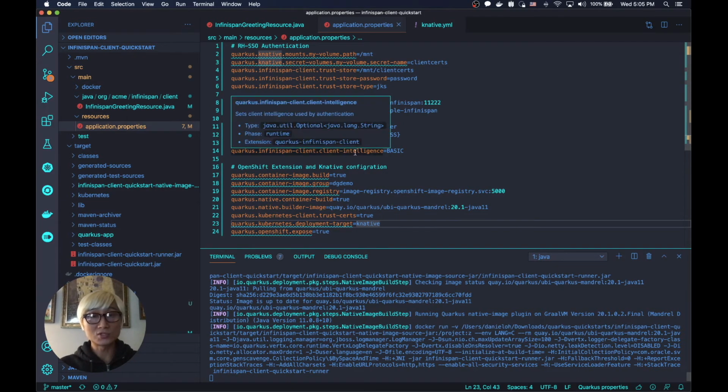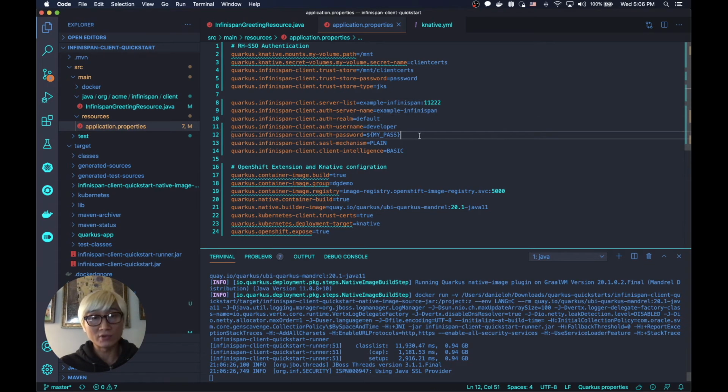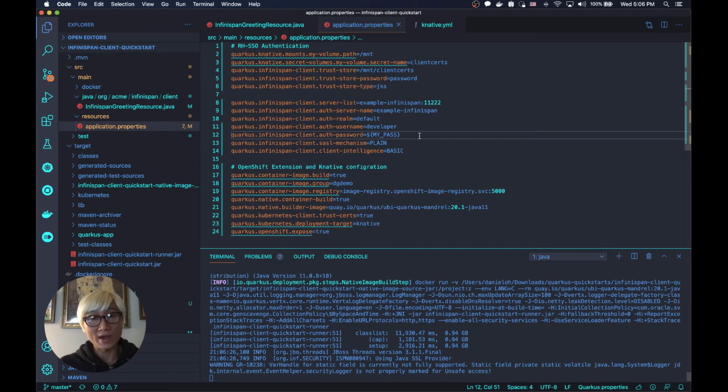So here's a more interesting configuration: how to connect, where the Infinispan server is. This is the Kubernetes service name, for example Infinispan, and the author name as well here. When you install Data Grid using the operator, the username and password will be generated automatically based on a Kubernetes secret object. Developer is one of the default usernames, but the password will be generated. You can put the password as static code inside the application properties, but you can also parameterize it with the